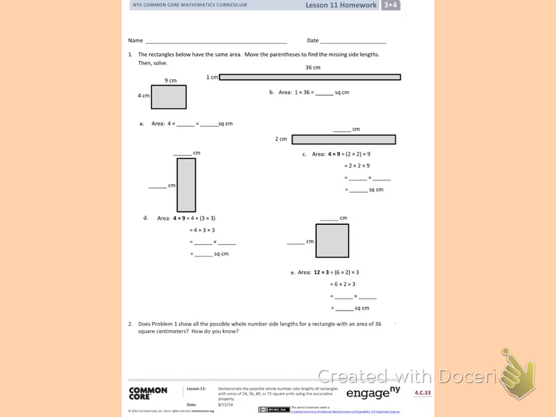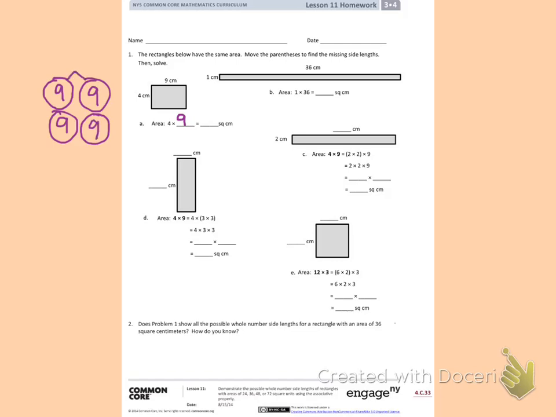Item A. As you can see, one side of this rectangle is 4 centimeters and the other is 9 centimeters. In order to determine the area, you multiply the 4 by the 9. And 4 times 9 is the same thing as saying 4 groups of 9. If you don't know what 4 groups of 9 makes, then you could draw 4 groups. You could put 9 in each group